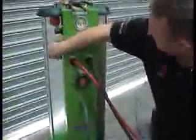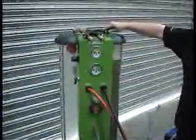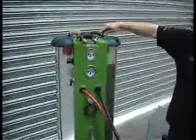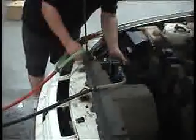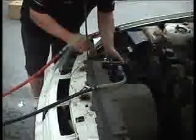Turn off the air. Open the valve to let some pressure out. Now, once we open the feed, we will notice the radiator hoses starting to fill back up. Once that's done,